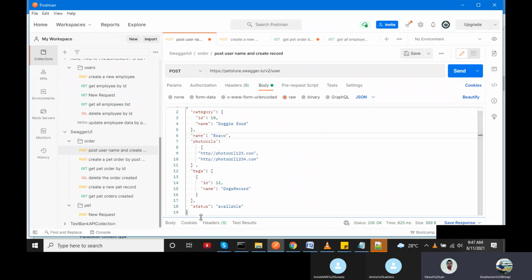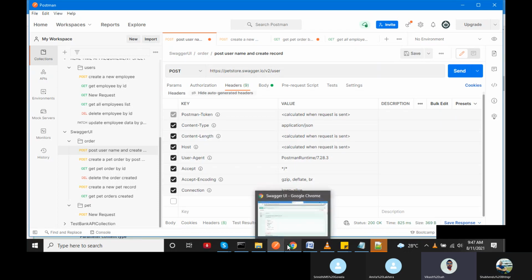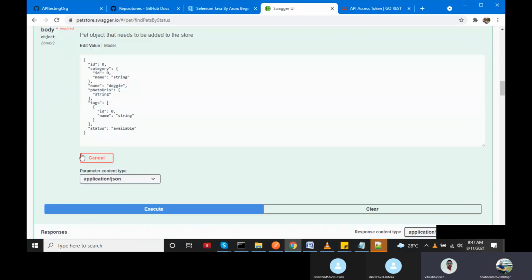Okay, can you go to the authorization? We don't require a token in this case, I think. For this particular application service, go and click on send. I think accept is also not required.